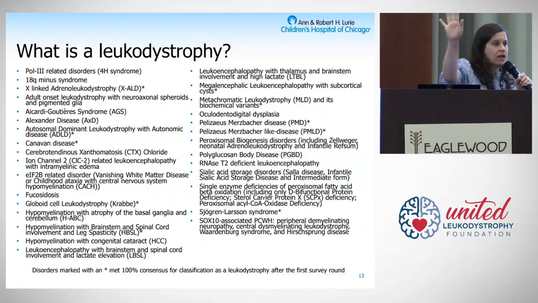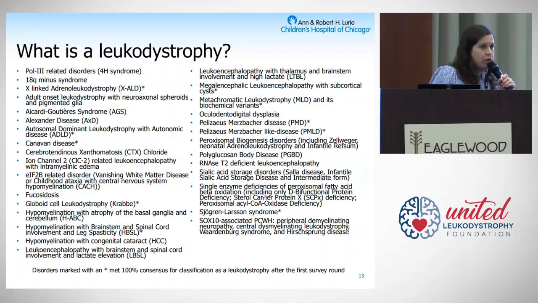So there actually was a lovely poster out there looking at the incidence of what we call incidental or accidental findings in patients with X-linked adrenal leukodystrophy. So boys with X-linked adrenal leukodystrophy, the important thing is to try to catch the disease before they have any symptoms. So the published guidelines are to do an MRI scan every 6 months between about 3 to 12 years of age. And the first MRI we typically do between 1 to 2 years of age,